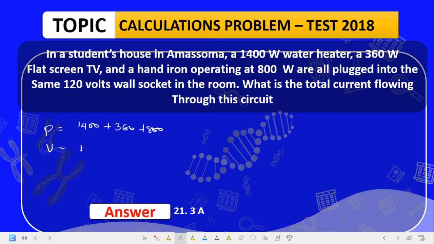The voltage is 120 volts. What is the total current? The power totals to how many? 1400 plus 360 plus 800, that totals to